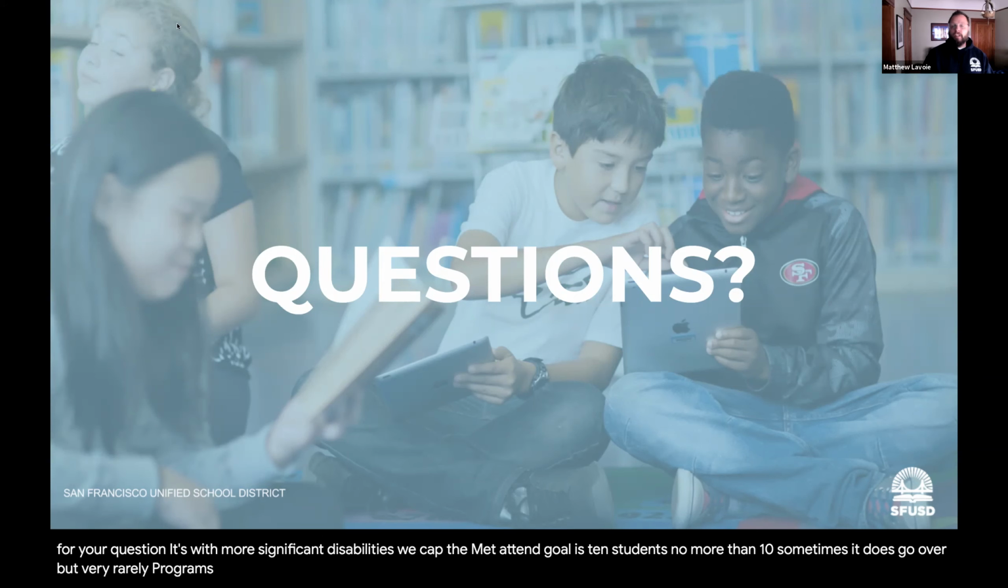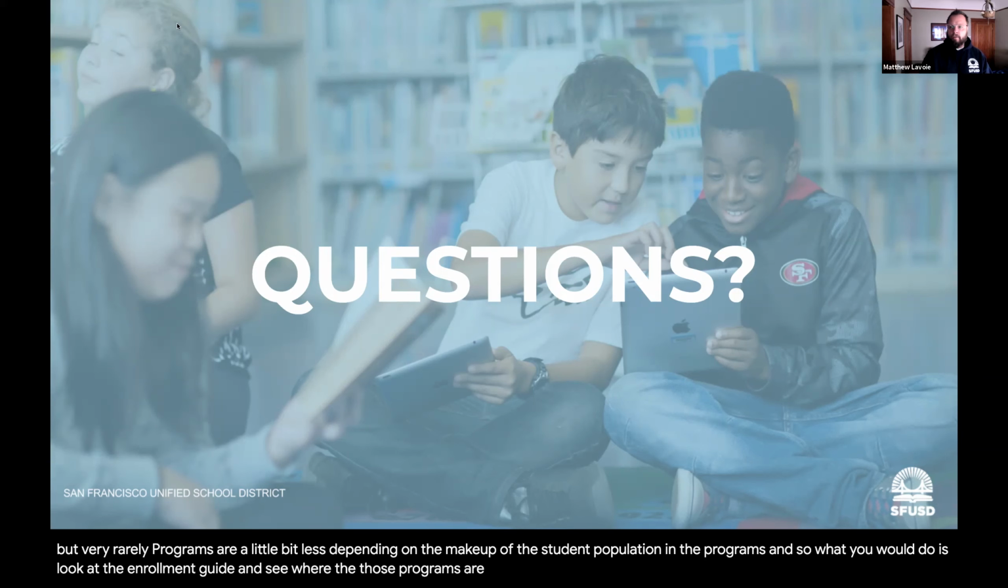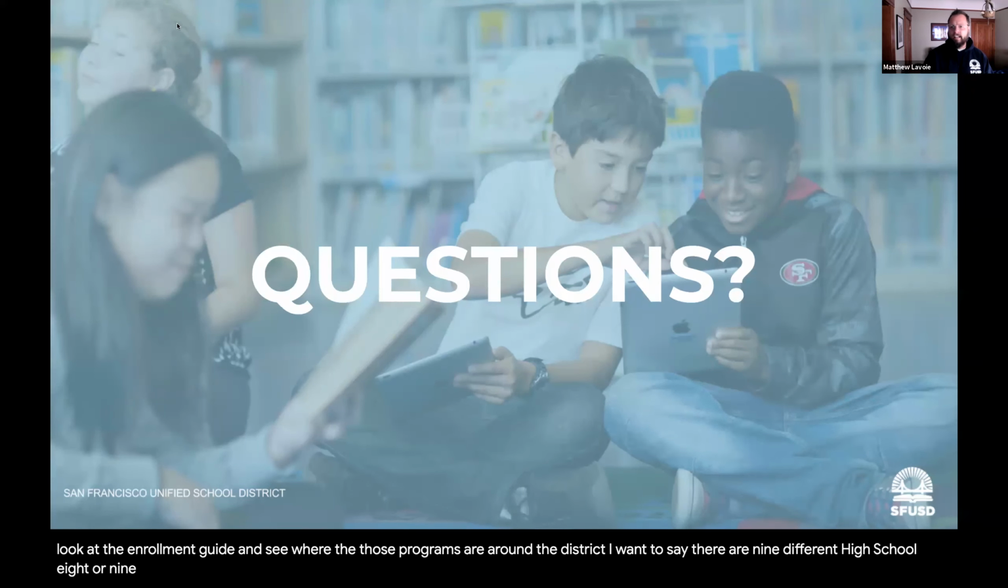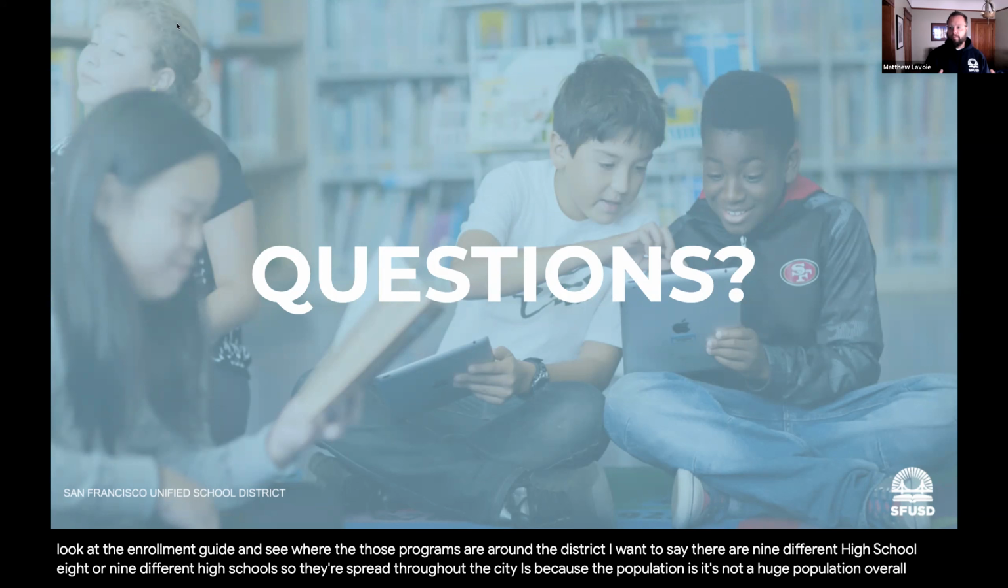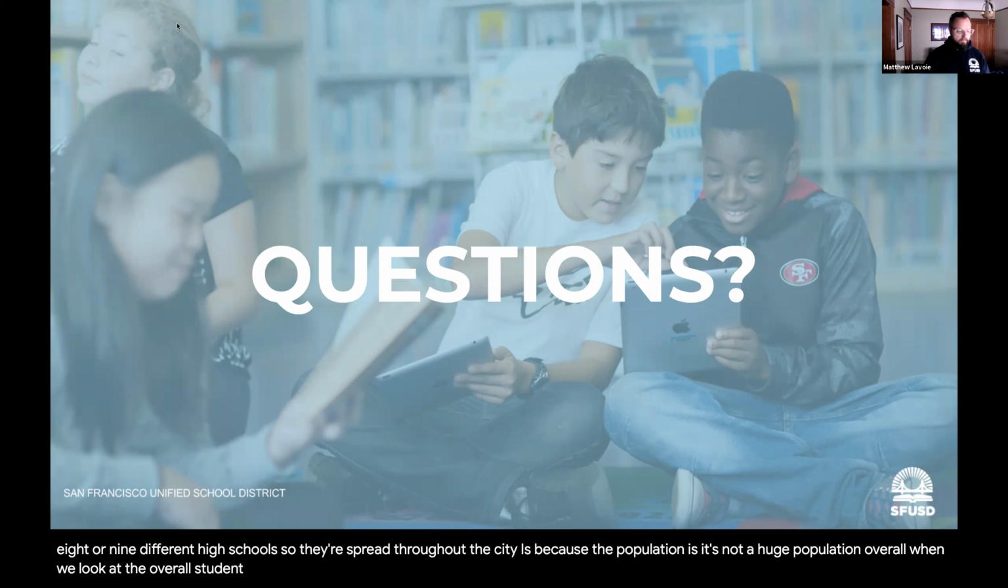Some programs are a little bit less depending on the makeup of the student population in the programs. And so what you would do is look at the enrollment guide and see where those programs are around the district. I want to say there were eight or nine different high schools, so they're spread throughout the city. And because it's not a huge population overall, when we look at the overall student population,